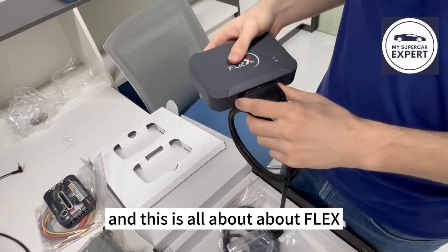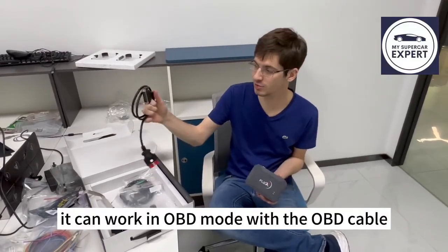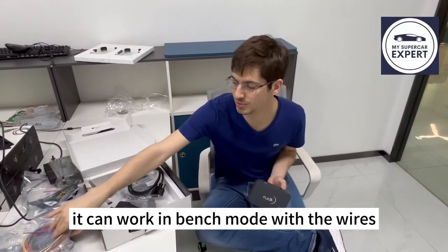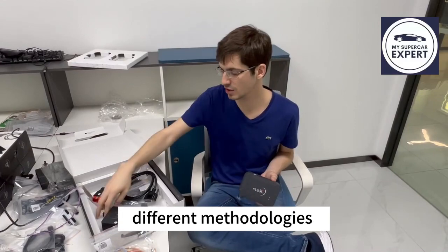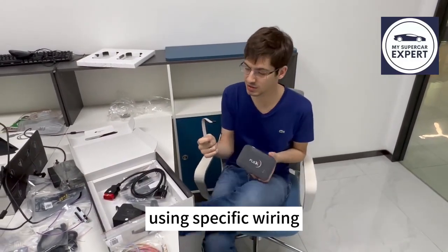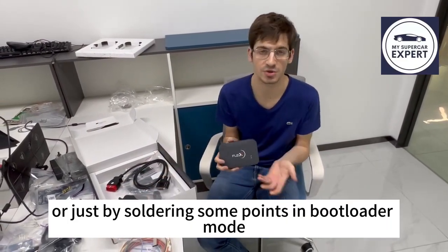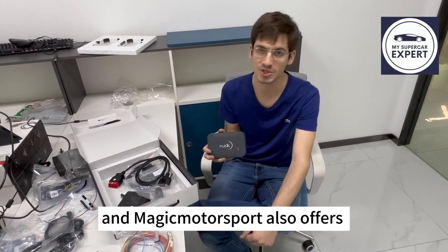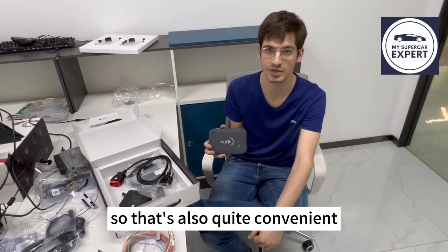And this is all about Flex. So what can Flex do? It can work in OBD mode with the OBD cable. It can work in bench mode with the wires of Flexbox and the custom adapters. It can also work in different methodologies like BDM and J5 using specific wiring, or just by solenoid points in global mode. Most protocols offer bench to connect directly to the ECU, so that's also quite convenient, but it's not completely in